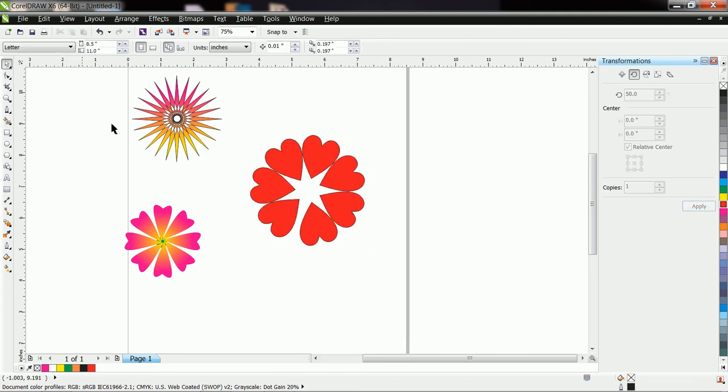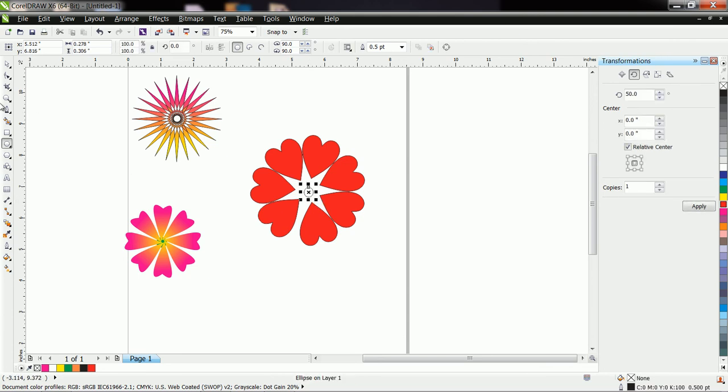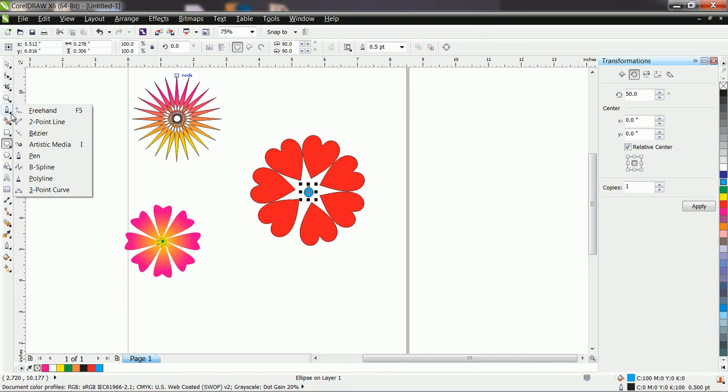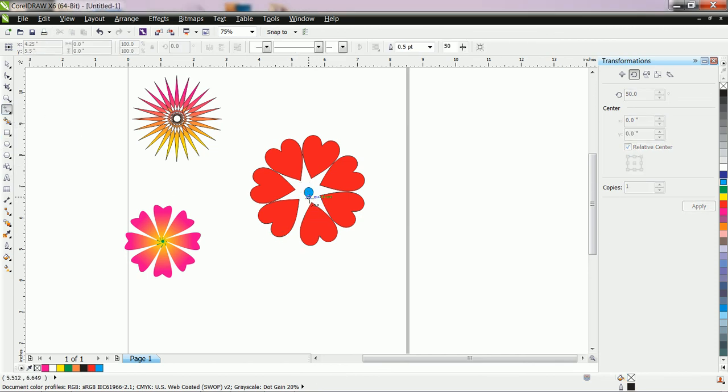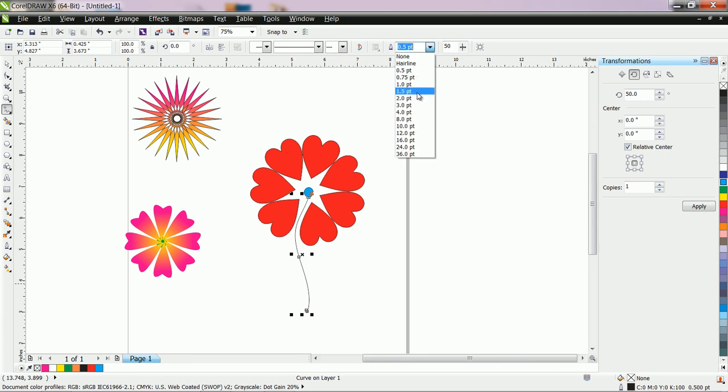And here you can make, use the pencil, or sorry, use the freehand tool, and just draw the line from this. Let us increase the width of the line. Okay, you can change the color of the line.